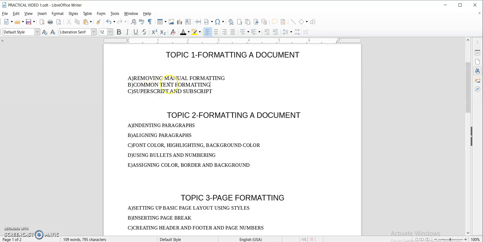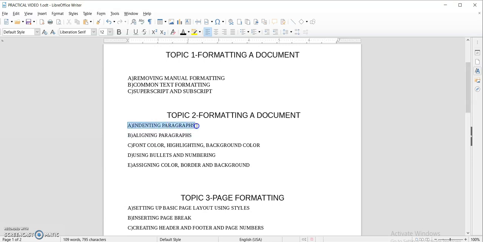Next is common text formatting. Some of the common text formatting features are changing the font size, the font style, the font type, and the font color. Now how can we apply this?